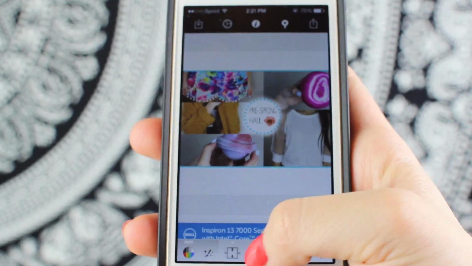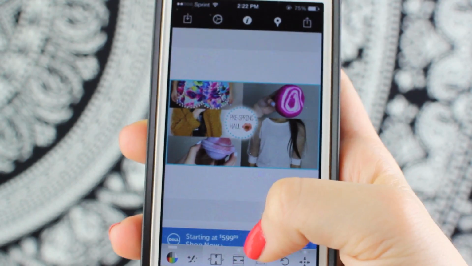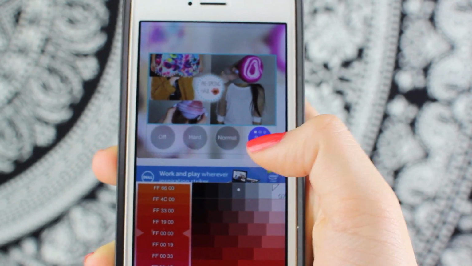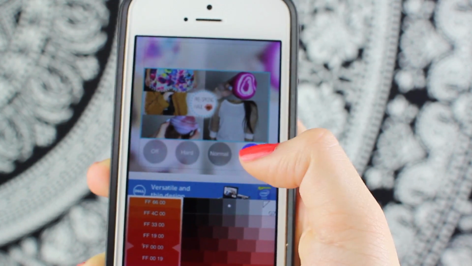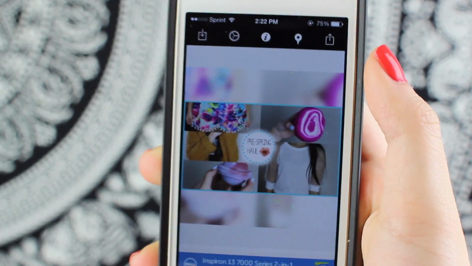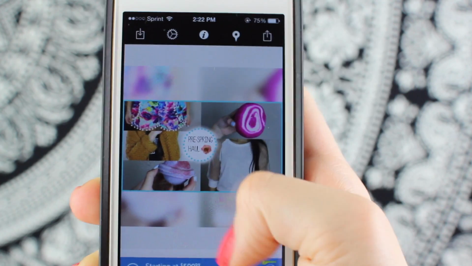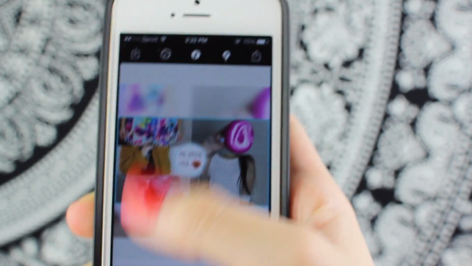And what I do first is I press this at the bottom so it's centered on the picture, so I press that middle one to center it, and then I press this and then I go on soft, or actually what is it, soft or normal, and then I blur the background out, and that's how I do the thumbnail, like that. And yeah, you can do it any way you like, but that's how I use this app. And instead of a blur, you can also do a colorful background. It's really up to you.